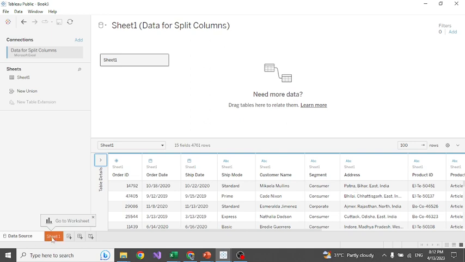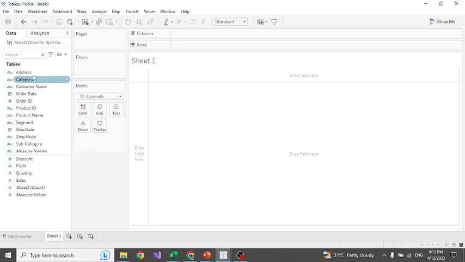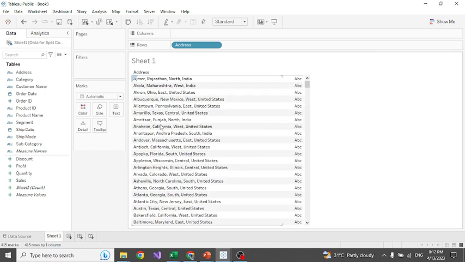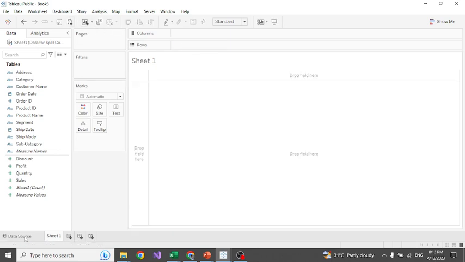Now if I try to go to this analysis, and if I do the analysis based on the address, you are getting it like this, your address is like this. Yeah, the address is coming like this, and then if I go to the sales, you are just getting that, but I say no, I want to see country wise how the sales have happened, region wise, city wise or state wise how the sales have happened. I want to do that analysis. If I have to do this, this will not work out. Okay, so I need to split this